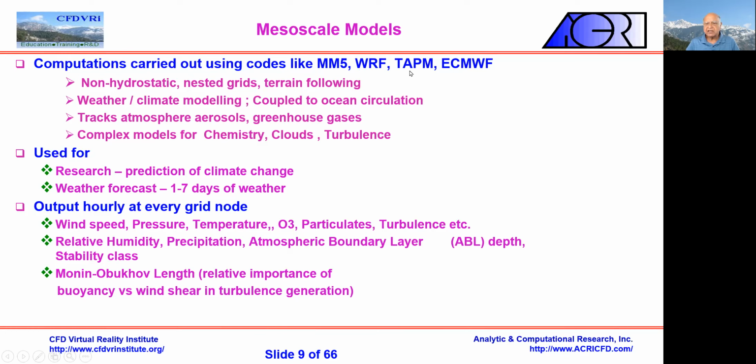And then you have TAPM, ECMWF, and then there are other ones. These are typically non-hydrostatic nested grids, terrain following, and they have weather and climate modeling, coupled to ocean circulation. They track aerosols, and they have very complex chemistry, turbulence, all those things. Okay, they're typically used both for research and for prediction of climate change and weather forecasts that you hear on the TV. Now the output is typically hourly at every grid node, and you get wind speed, pressure, temperature, particulates,